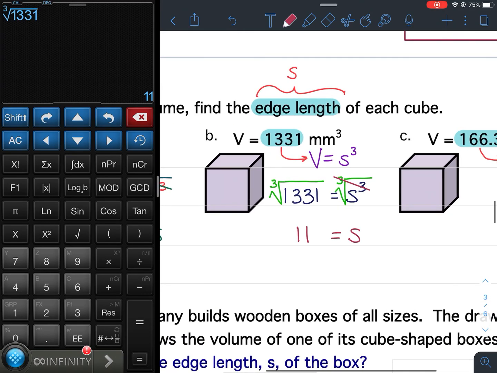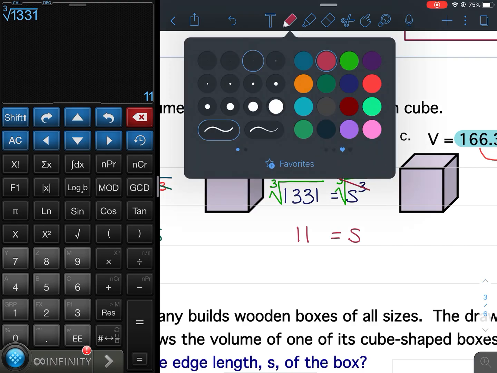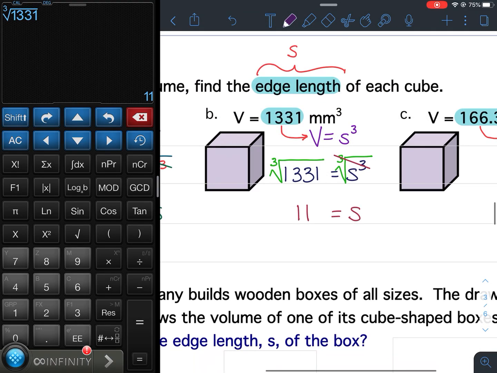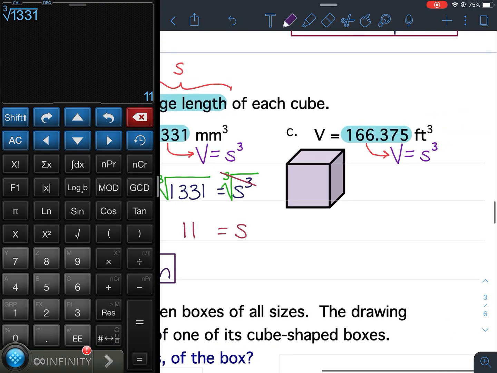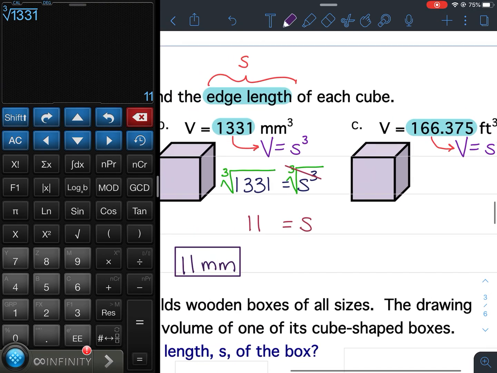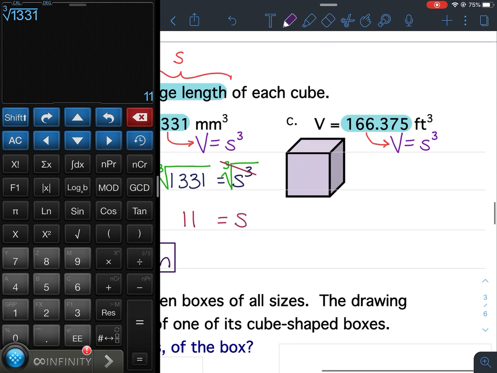Again, no units in there. Off to the side is where I will write my final answer. So my final answer is 11 millimeters. And remember, I get my units from up at the given part. All right, for C,